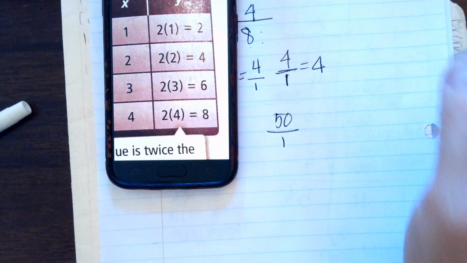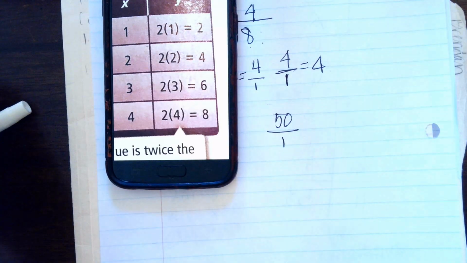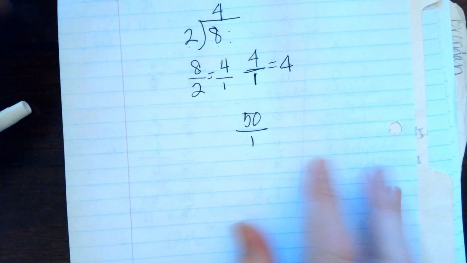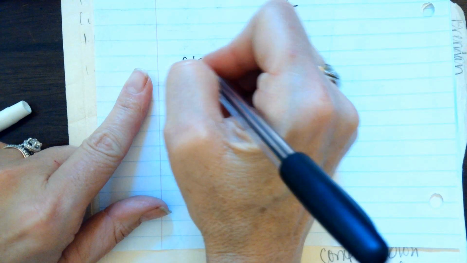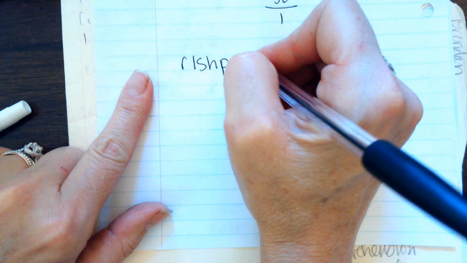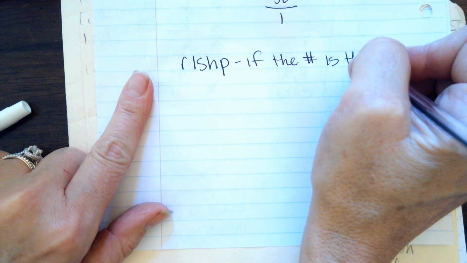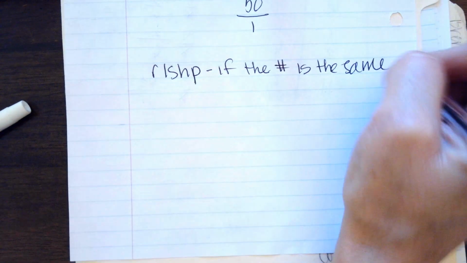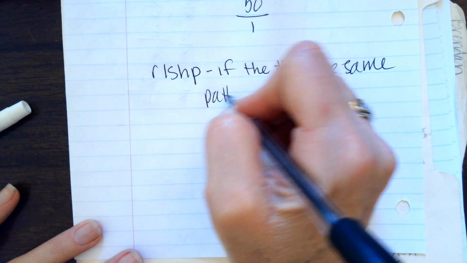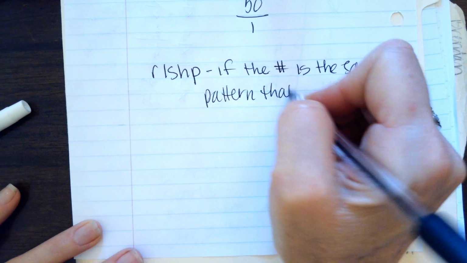So it does show a relationship. So there's 2 ways that a relationship can be shown. A relationship is there if the number is the same, or if there is a pattern that repeats